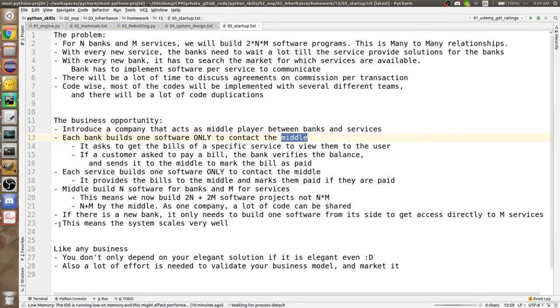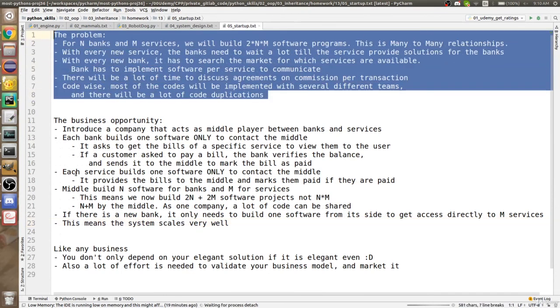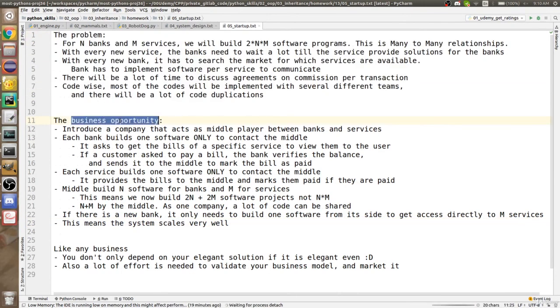Again, as you see, this has a very nice relationship to scalability, which is an important concept in software engineering. This system scales much faster than a system that is very independent. And this is a good idea to catch opportunities in the market. For most startups, you have to observe a need. You have to observe an opportunity.